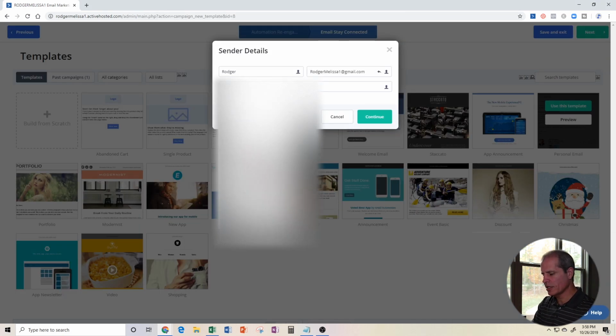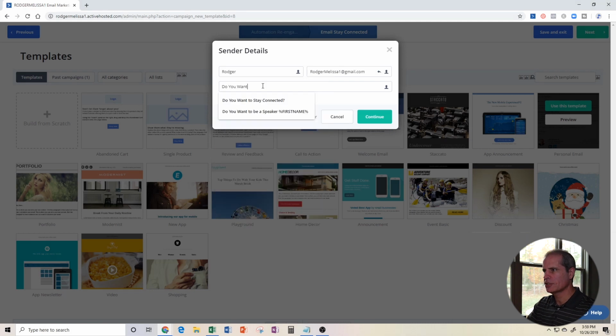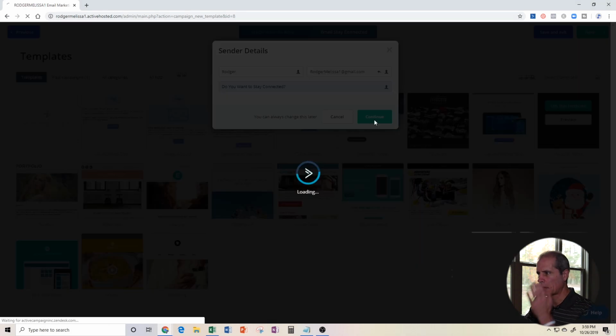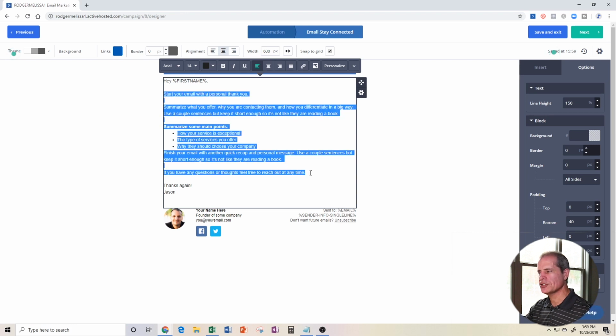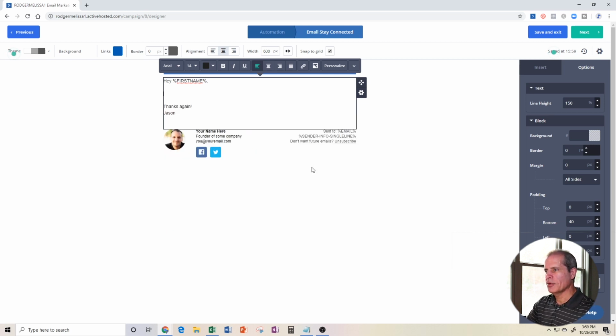Keep this simple and very clear. Do you want to stay connected? All right. Now you can make this say whatever you want to say, but in essence, you're saying that we want to provide you value, but we don't want to clutter up your inbox. And the most important part is if you want to stay connected,